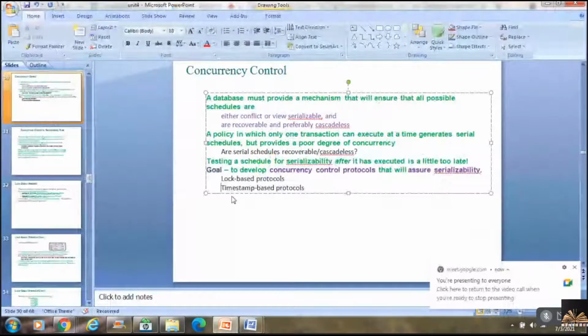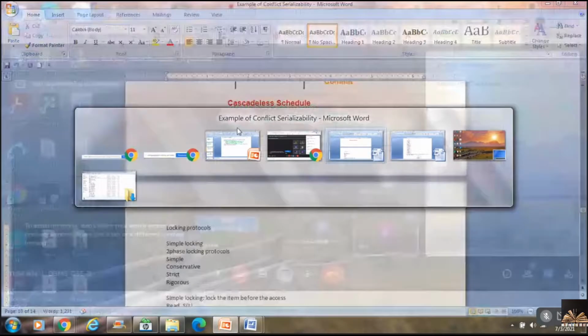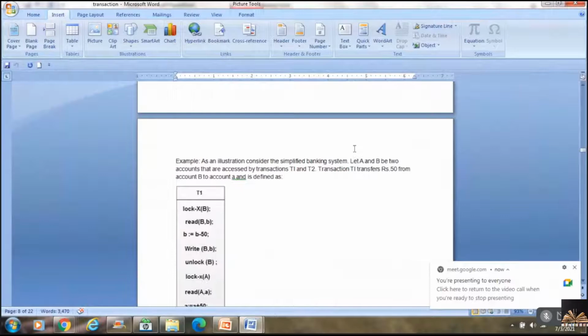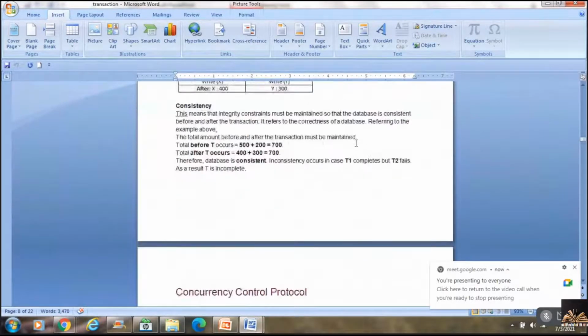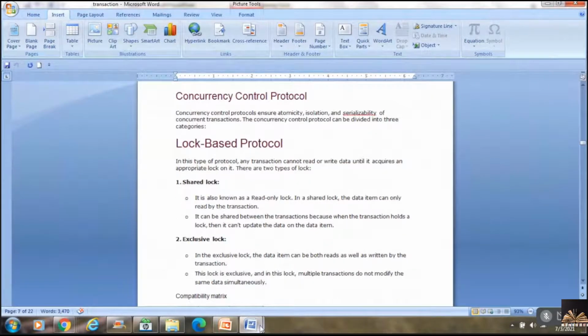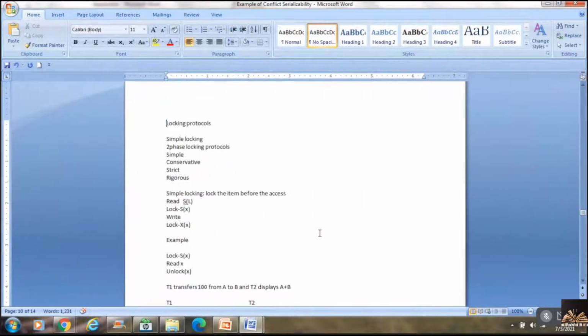The first one is lock-based protocols. The second one is timestamp-based protocols. Talking about the first one, lock-based protocols, these are the different locking protocols we are going to learn now.